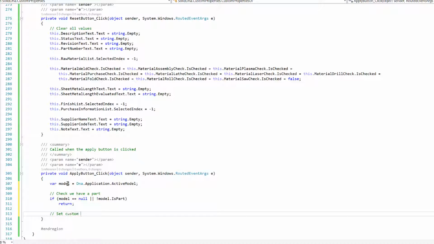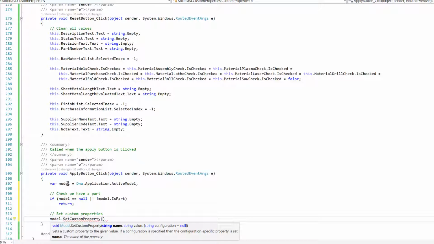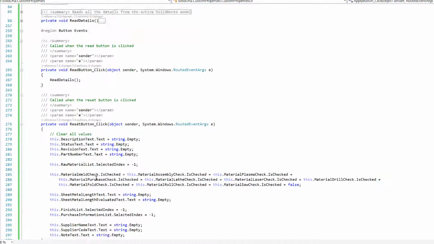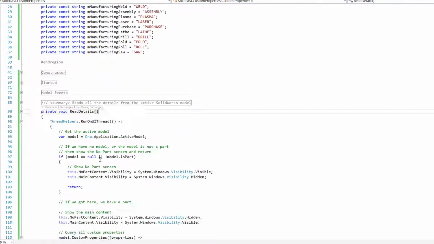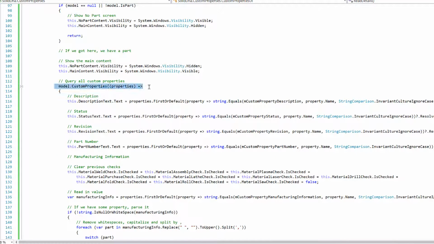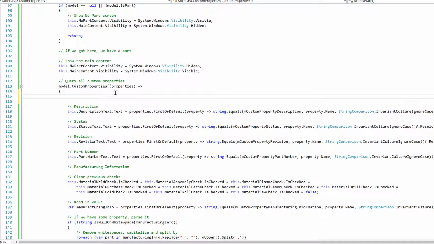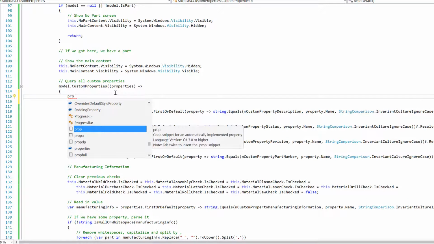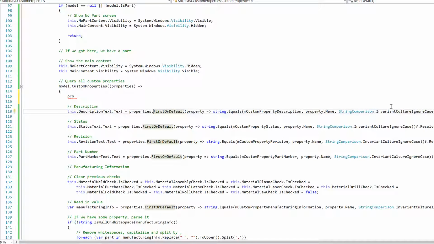Now we want to set custom properties. So to do that, we just do model.setCustomProperty. Interestingly, this is quicker to set a specific name, but what you might not know is where we did the read, we do this model.customProperties to get existing ones. Inside here, you can actually set custom properties by just saying, say you've checked properties like here, first or default, and you've got a certain property. So let's say we've got var